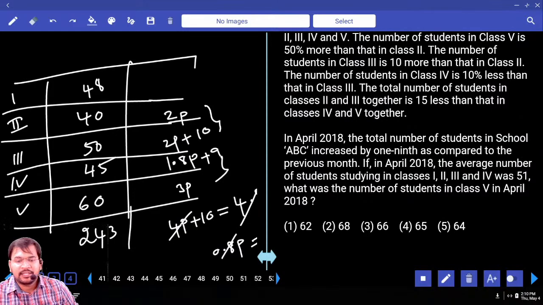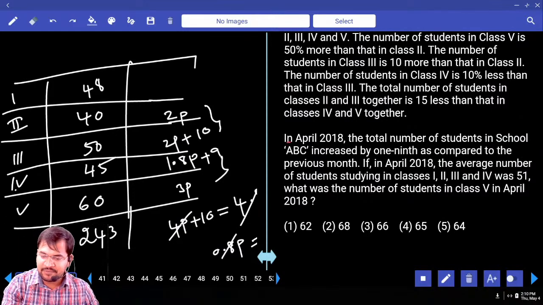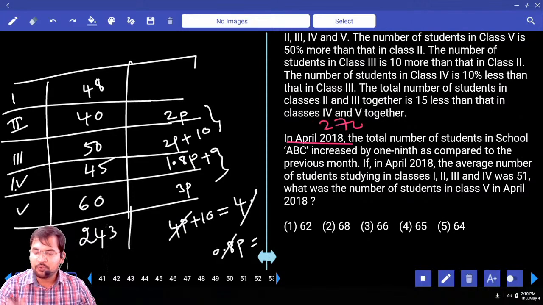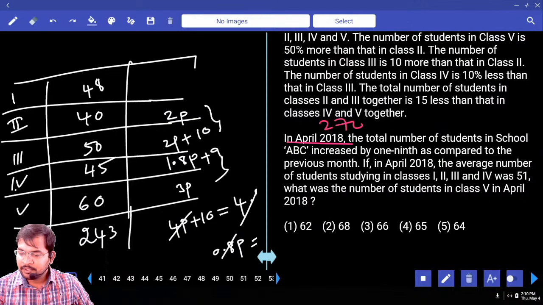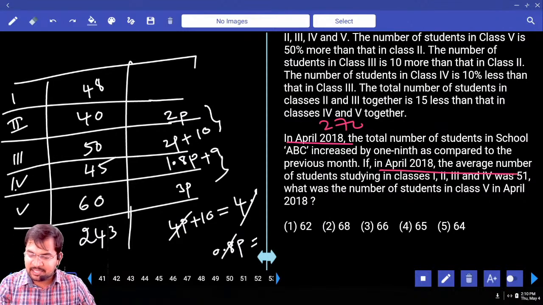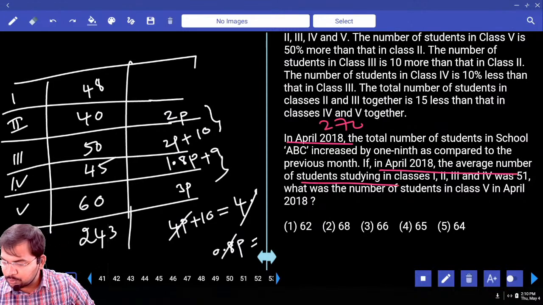April month total strength is 270, right? Yes, 243 plus 1 by 9th of 243. Next, increased by 1/9. Okay, if in April 2018, the average number of students studying in class 1, 2, 3, 4 was